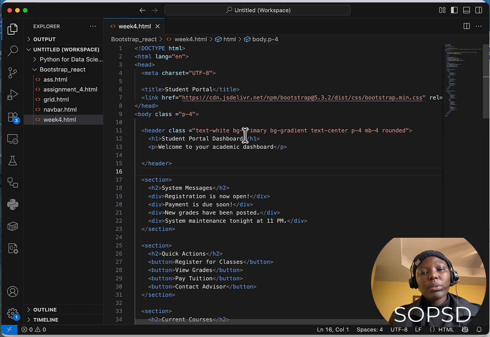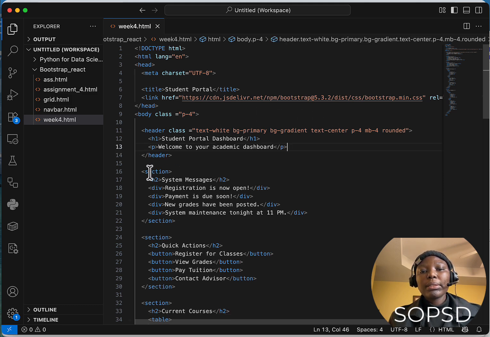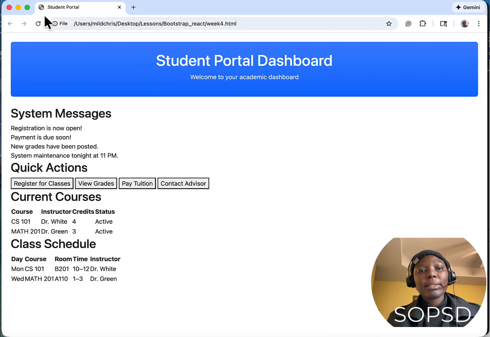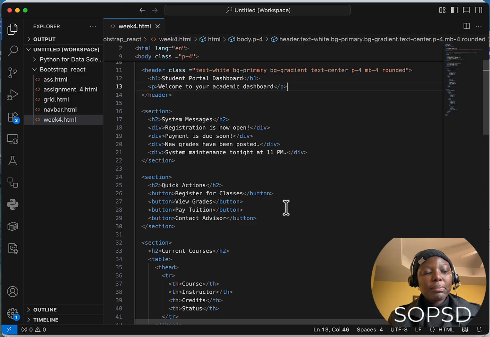Now, we looked at how we use text and background and link colors in the last lesson, and we're going to build upon that site, and we're going to move on to looking at how we can use alerts. So we have this section that has system messages, and we want to make these different sections alerts. Now, we use alerts to put status messages, like notifications, warnings, success or error messages, and alerts are usually